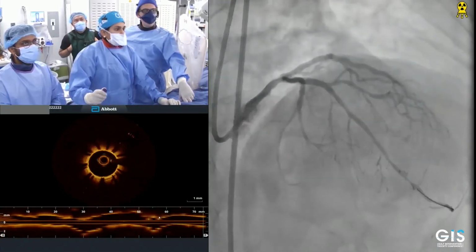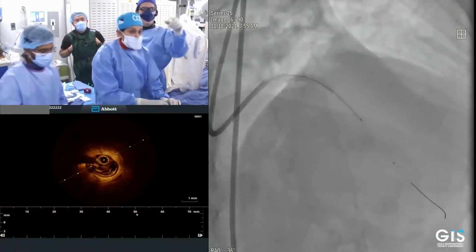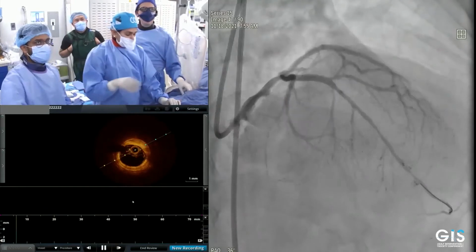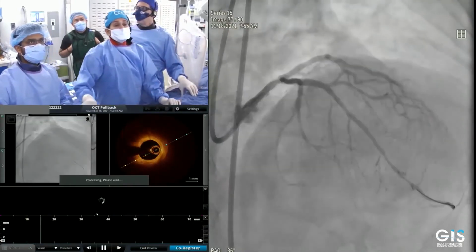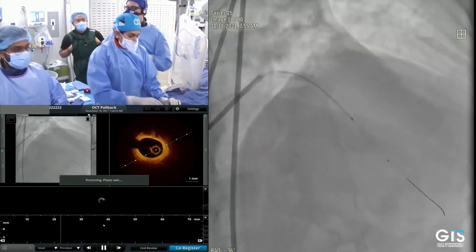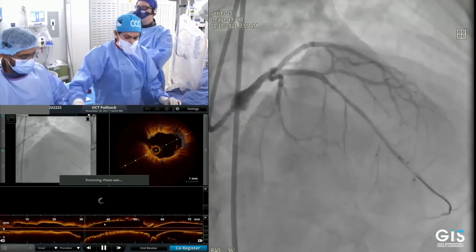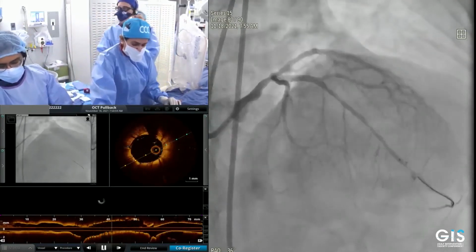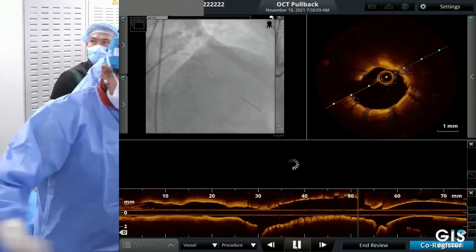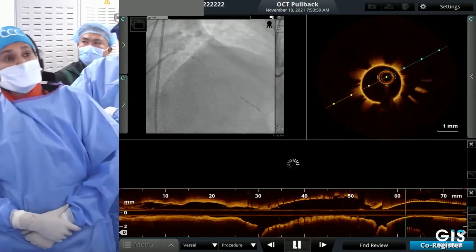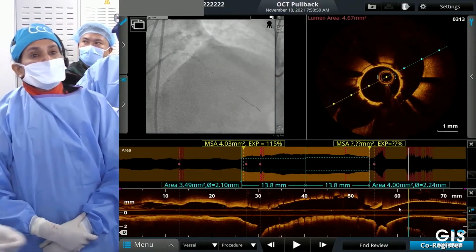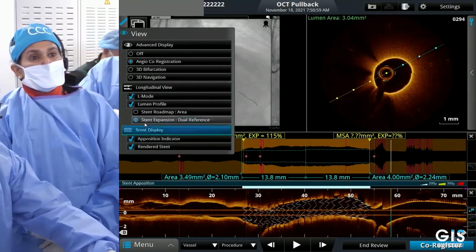Yeah, great image. So let's see the circularity of the stent. Keep the wire on. And let's see now, how many keep the wires in? We convert into the OCT, please, on the cameras. Overall, we see the circularity is very good, but our associate here will give us the small cross sections, and